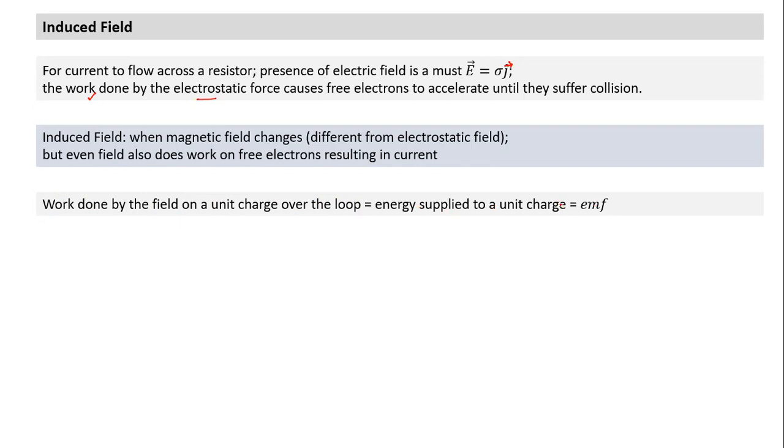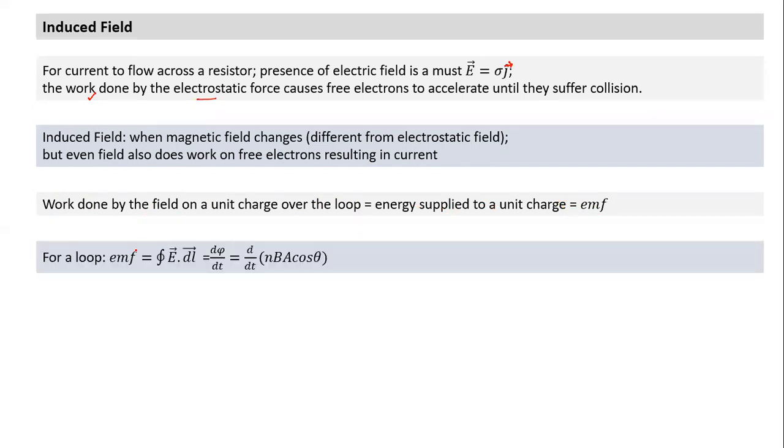In a typical loop, a battery provides that energy to a unit charge, which is equal to the EMF of the battery. So if you take it for a loop, EMF will be equal to the work done by the field over the entire loop. So this is how we write: we write it like this because this work is done over the entire loop. By which field? This field is the induced field, E dot dl. And EMF is also equal to d phi by dt. Hence, this is the new equation we come up with. So E dot dl over the loop, or the line integral of the induced field over the loop, is equal to the induced EMF, which is also equal to d phi by dt, the normal understanding of flux change.